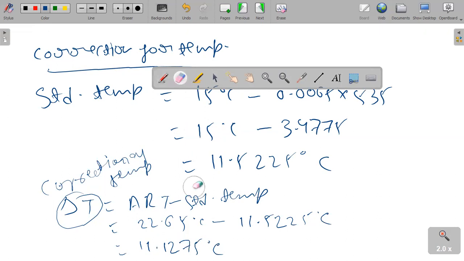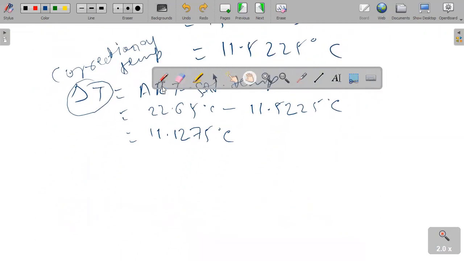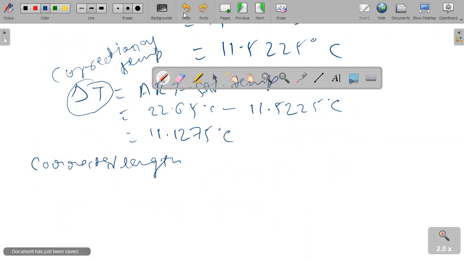And after that, we need to find the corrected length due to temperature. Corrected temperature length. So for this, we have